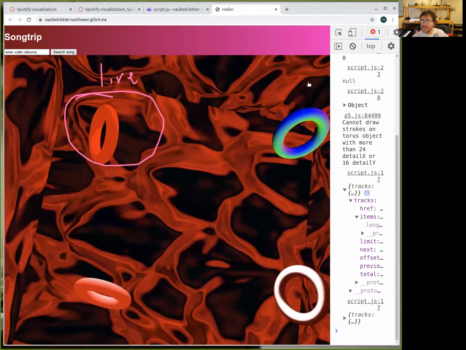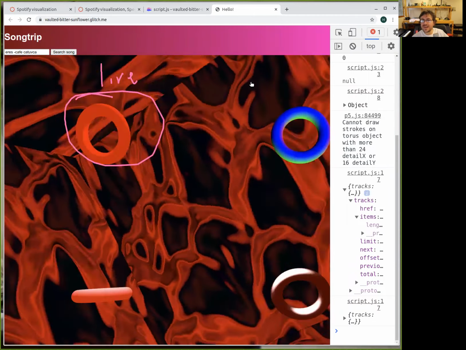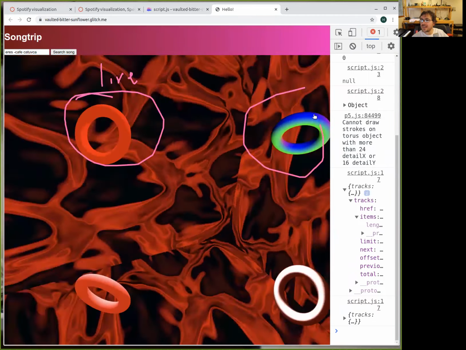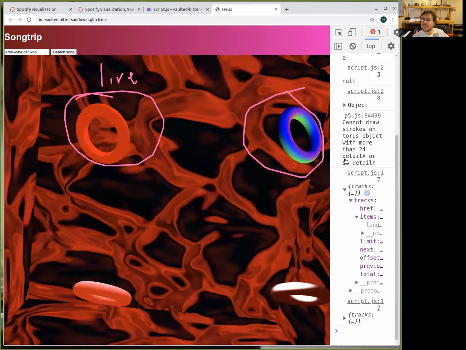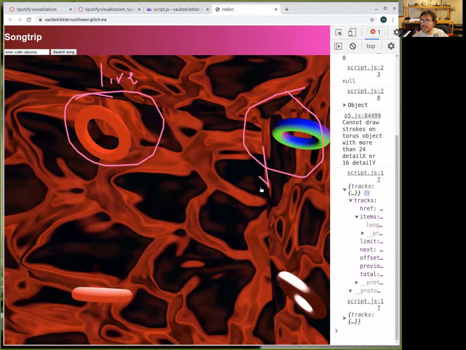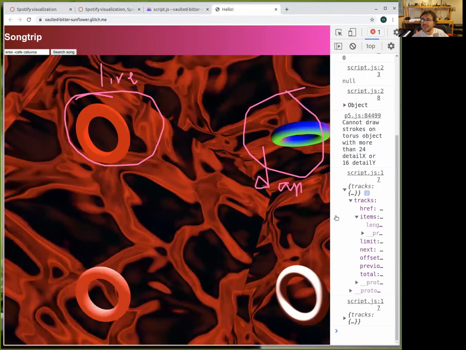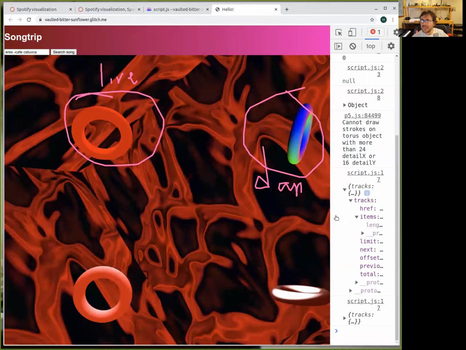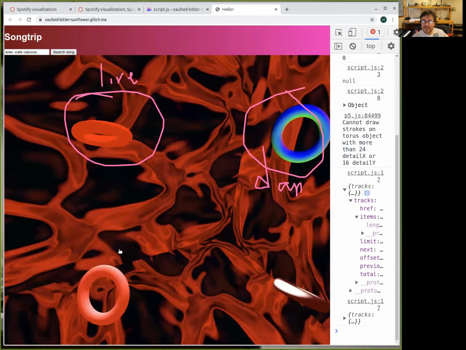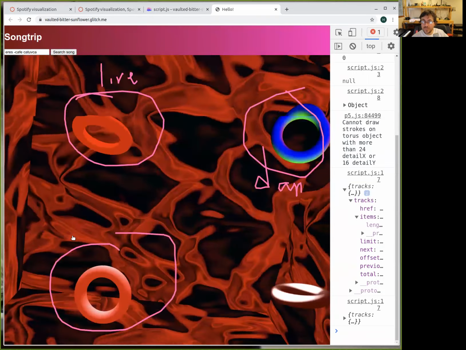And the one on the right moves with the danceability parameter. Okay. At the bottom, the one at the left moves with acousticness.